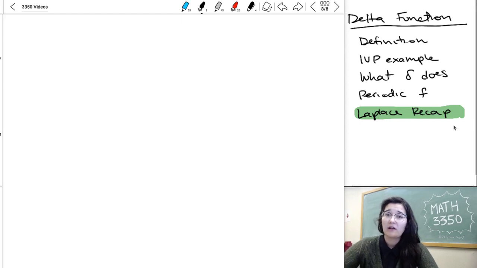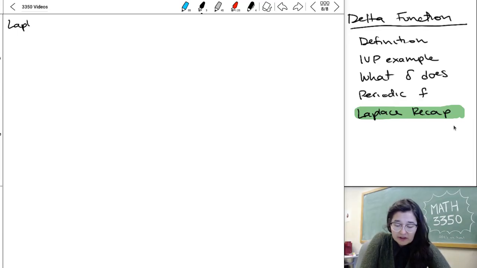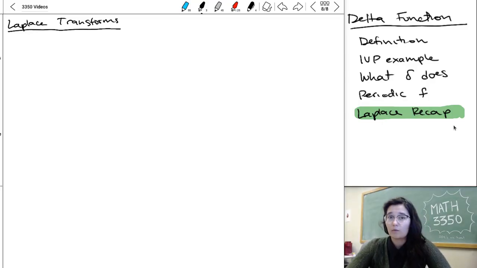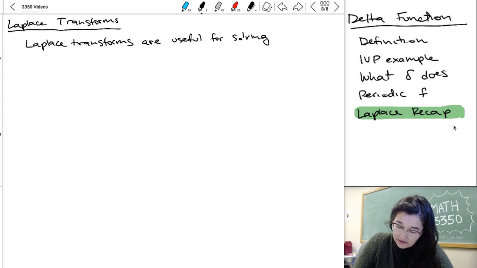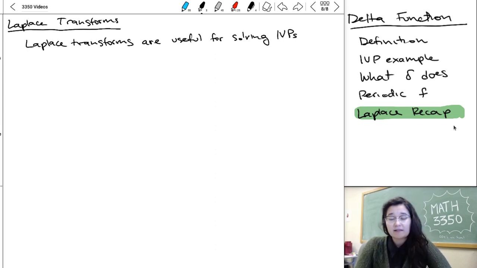So we've learned a lot of different Laplace properties, and we've been working with Laplace transforms for a few sections. And I thought it would be good, before we move on, to just talk about why we did this and what it helps with. So you might be asking, why did we learn Laplace transforms? And mostly it's because Laplace transforms are useful for solving initial value problems, since taking Laplace of a derivative turns it into an algebraic equation that